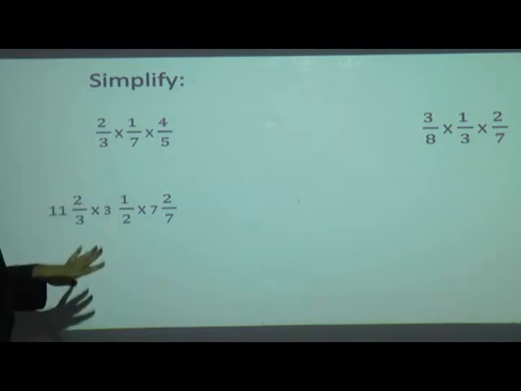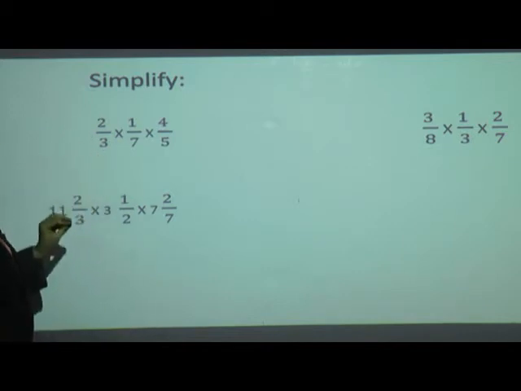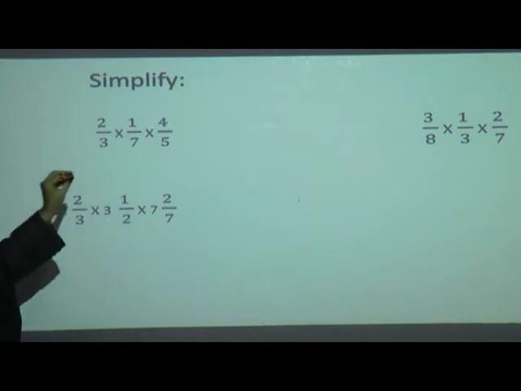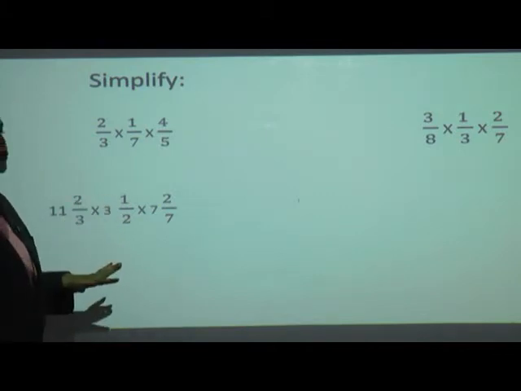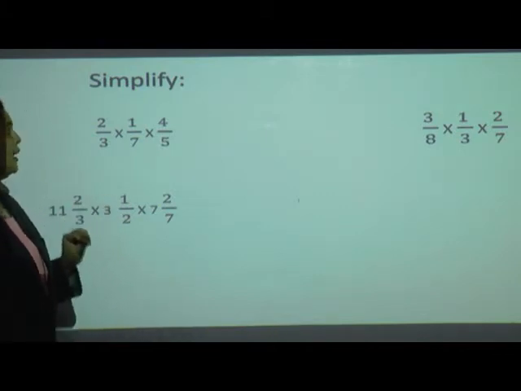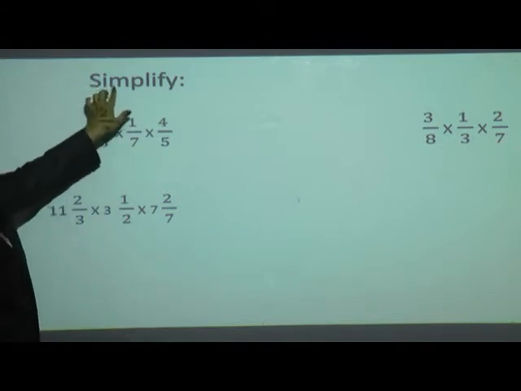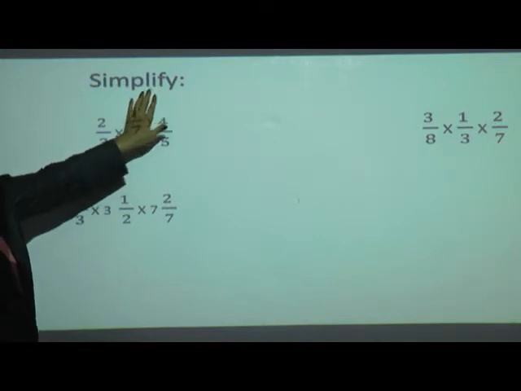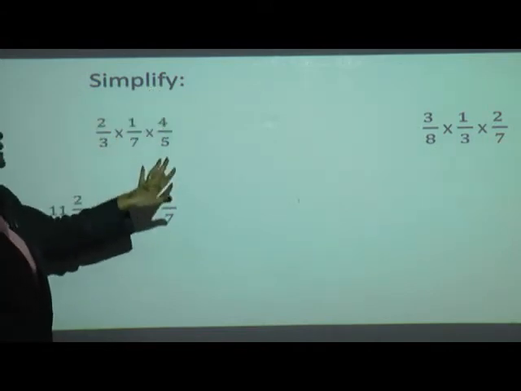If it is possible, as we already learned, we will try to reduce. If it is not possible to reduce, we write the multiplication directly and write the answer. If we have a mixed fraction, we have to make it into an improper fraction and then multiply. The first word itself says simplify. Simplification is nothing but making it into a very simple form.